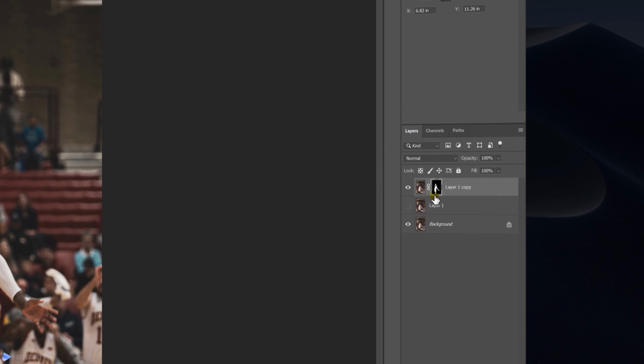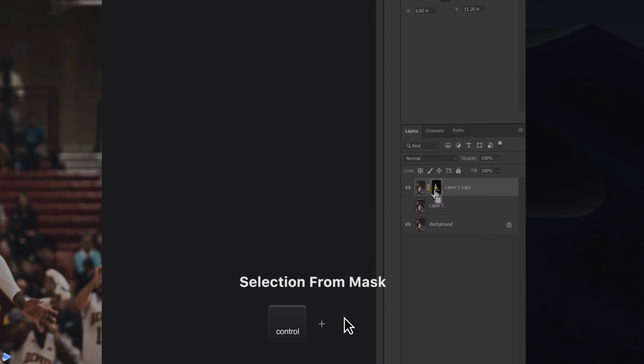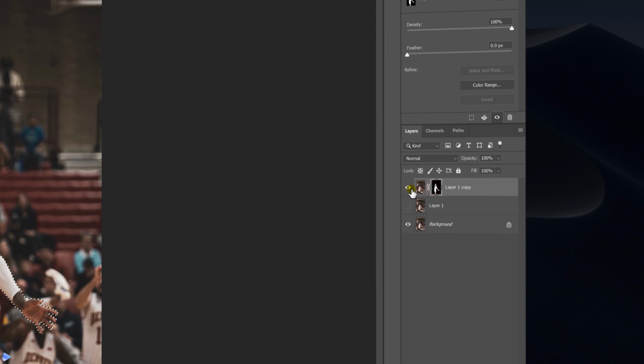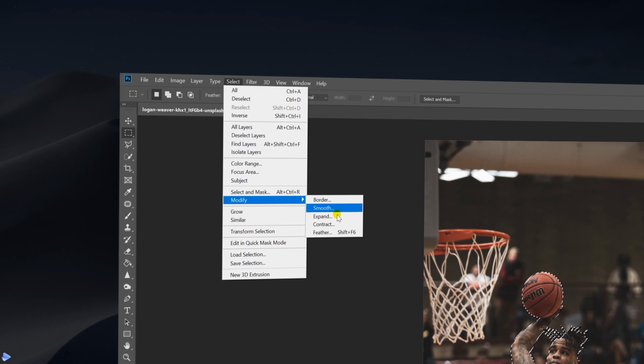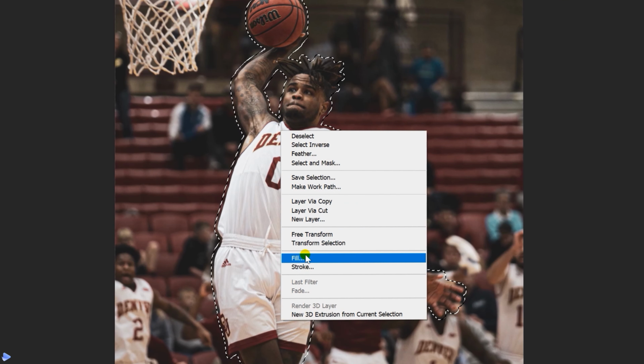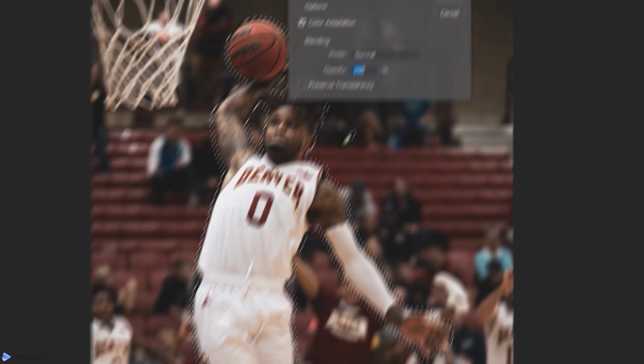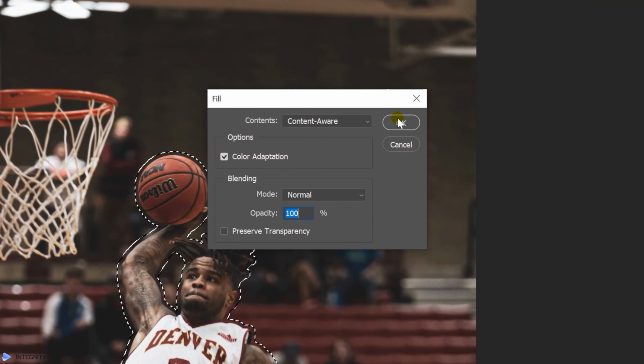First, let's get back our selection by holding Control and then clicking on this mask. We'll then need to disable this top layer and then enable the bottom layer here. We'll then expand our selection. We don't want Content Aware to lock onto our outline of this guy, and then we'll right click on the mask, ensuring that you have the selection tool selected, and then click on this fill. Okay, then with that done, just copy the settings we have over here, and we're going to be using Content Aware as said before, just to get the result that we have here.